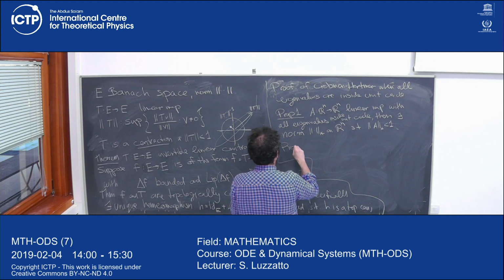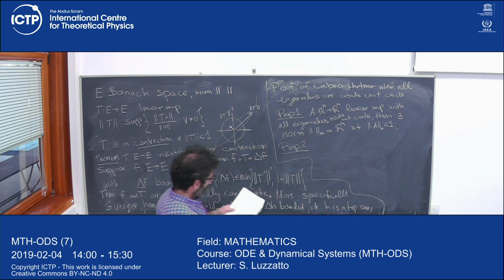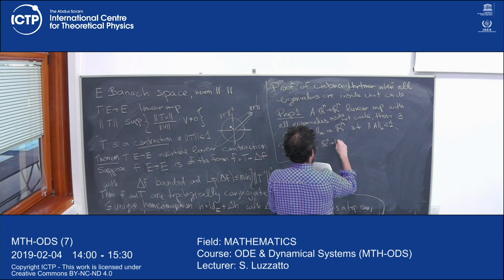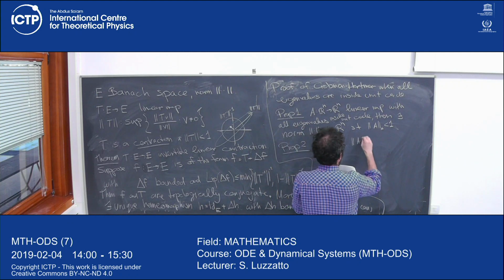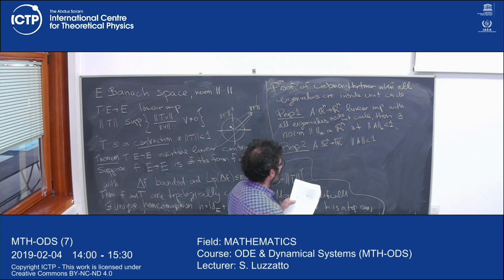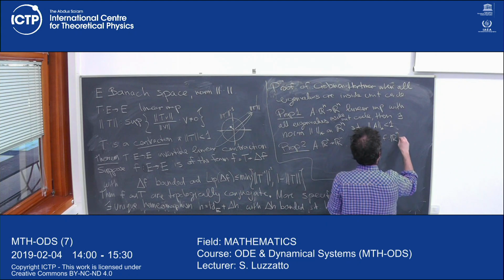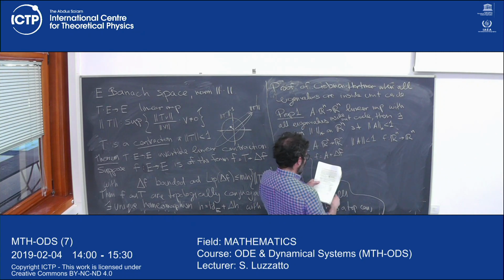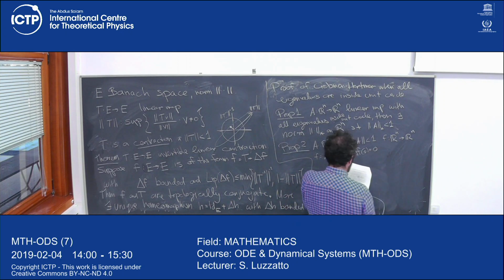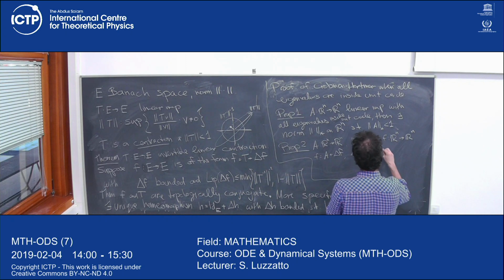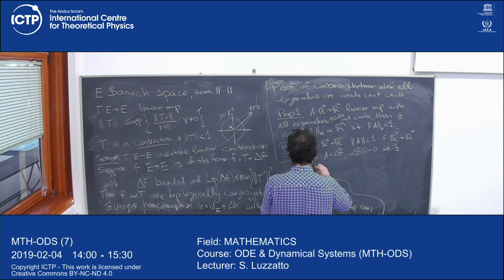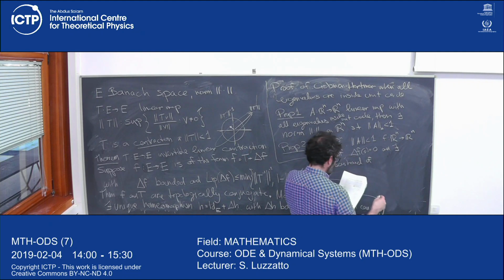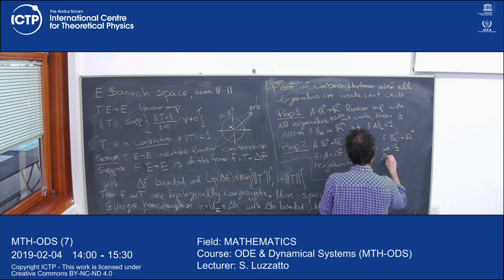Okay, so proposition 2. Now we have A from Rn to Rn, a contracting linear map. And suppose we have F from Rn to Rn, where F is equal to A plus delta F, and delta F of 0 equals 0. And there exists a neighborhood N of 0